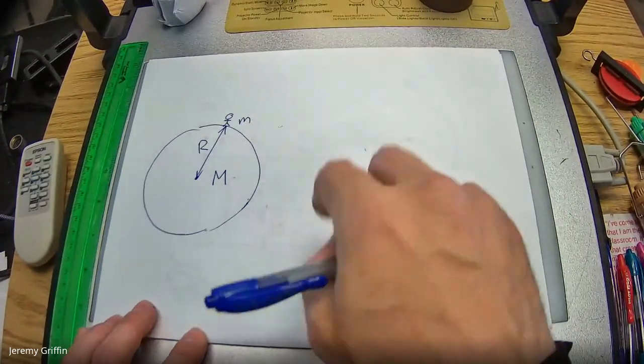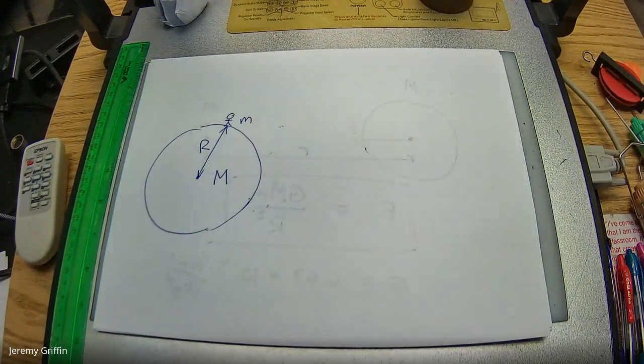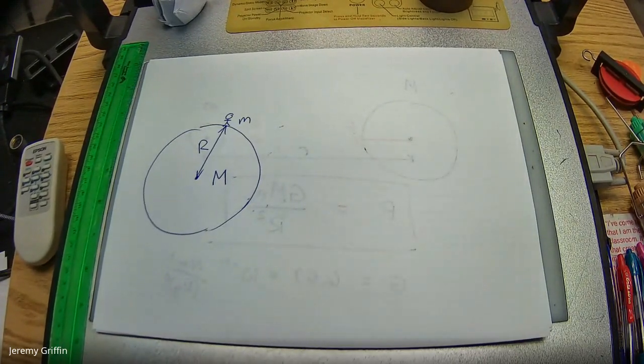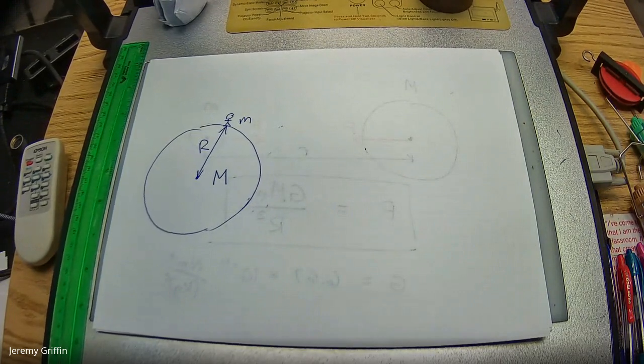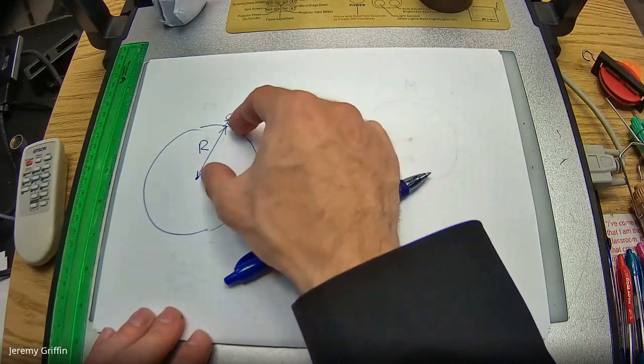So from a cosmic perspective, what is the distance between you and the Earth? If I asked you, say before you ever walked into physics, what's the distance between you and the Earth? You might say, well, there's no distance. I'm on the Earth. Okay. From a cosmic point of view, the distance between you and the Earth is the radius of the Earth.